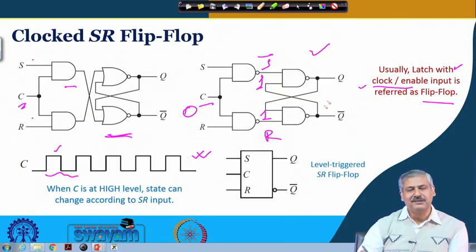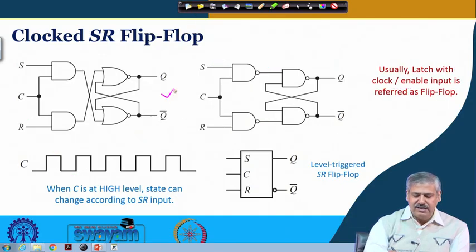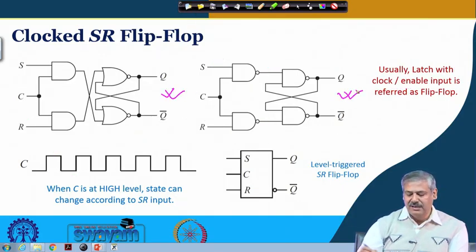So, 1 1 means, for a NAND gate, the previous state will be retained, because 1 is the non-enforcing input for the NAND gate. So, this is now non-enforcing. So, based on S and R, the value will be transmitted here, and accordingly the final value will be arrived at. Okay. So, this is the basic SR clocked flip flop circuit,